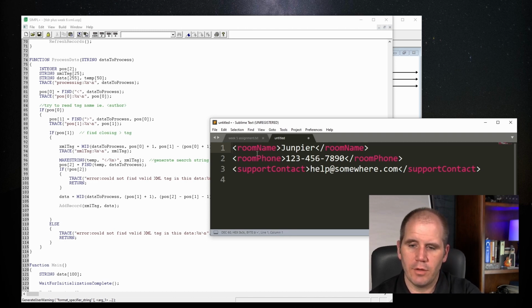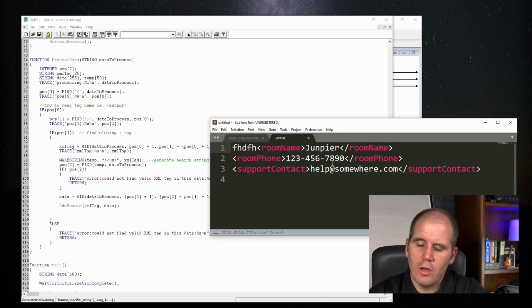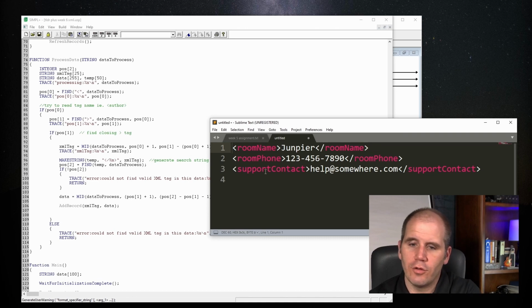And it might not be at the front of the string, right? In this case it will be, but if you had some extra data or extra information there, we can't guarantee it's going to be right at the start point. So we got to search for that. Then if we find it,